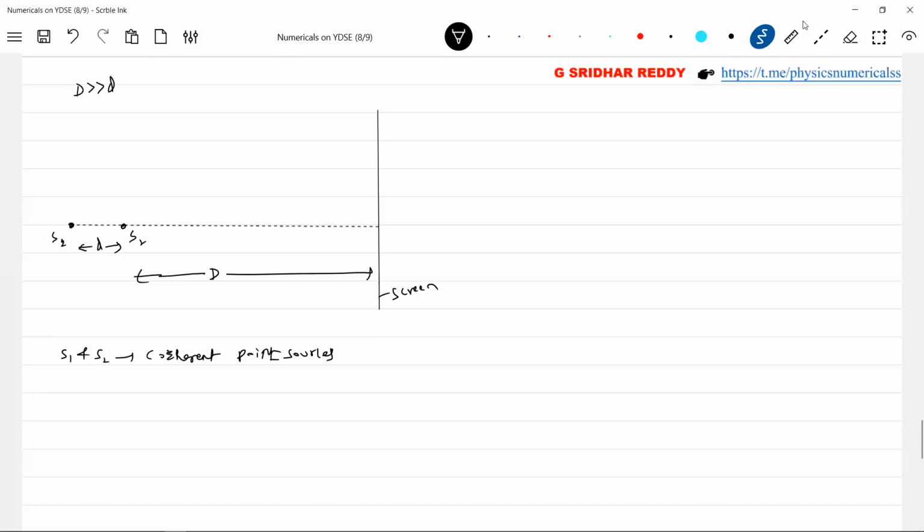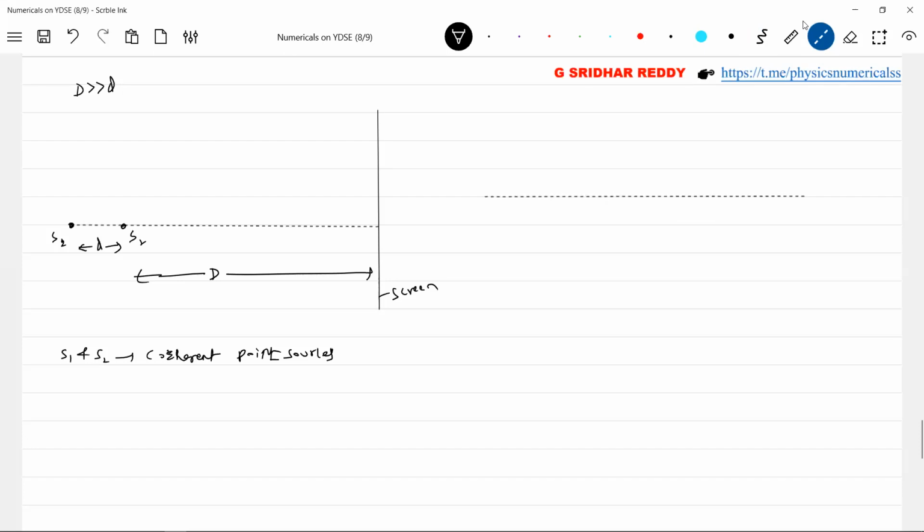What is the methodology we should work out here? Try to think in terms of mathematics. They are like a point source, not a slit. Now you can ask, sir, who will produce such coherent sources? Is it possible? Okay, we'll go to the optics. Let me cover that idea here only, so it will be easy for us.